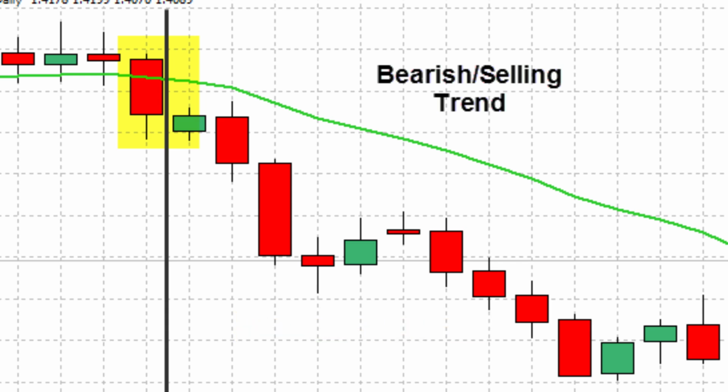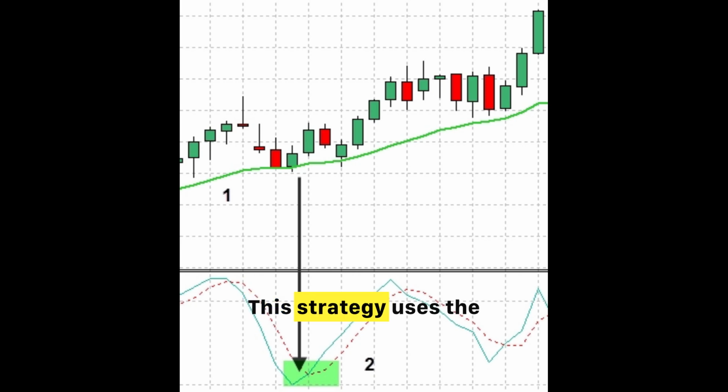Still entering trades too early or too late? What if you could time entries using a classic momentum tool that tells you when the market is truly ready to move? This strategy uses the Stochastic Oscillator, which measures momentum and shows when price is overbought or oversold. Instead of random entries, we wait for precise stochastic signals plus price confirmation, so trades have a higher probability of